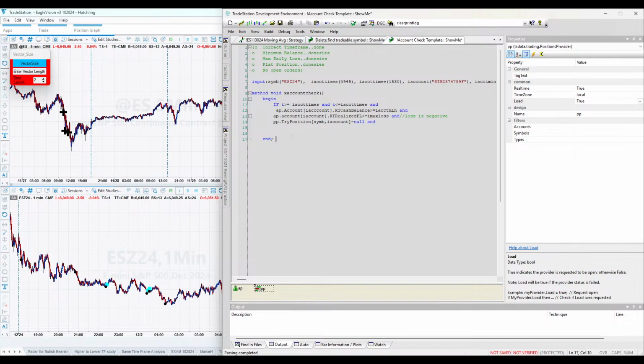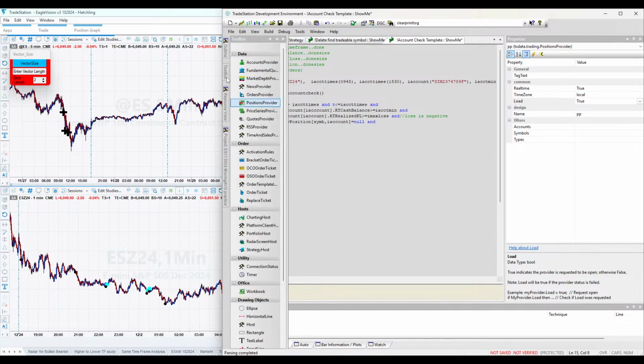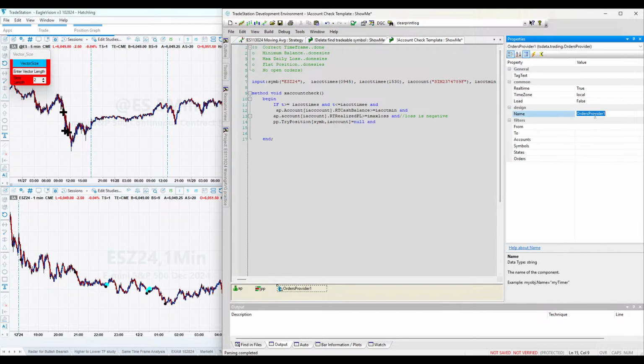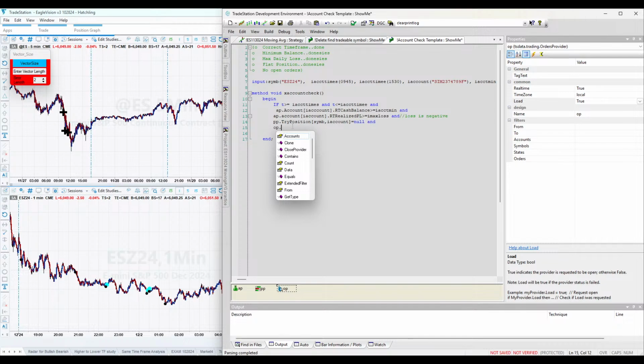And then no open orders. Now the no open orders is one that I'm going to have to come back around to, because there is a flow chart that says whether or not you have open orders. So pretty much you go to toolbox, and then I will go ahead and open this. I'll work on this one later. OP, all that, and put false there. So if we put and, it'd be like OP dot. So this would be,